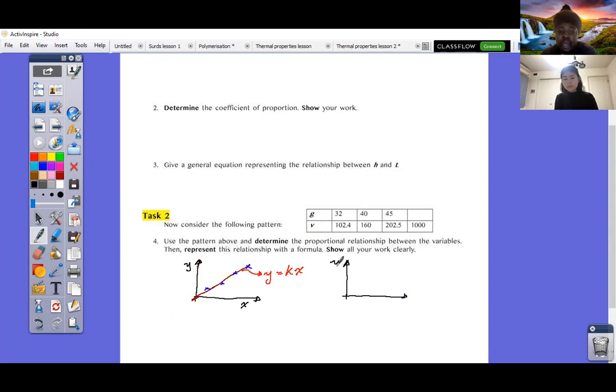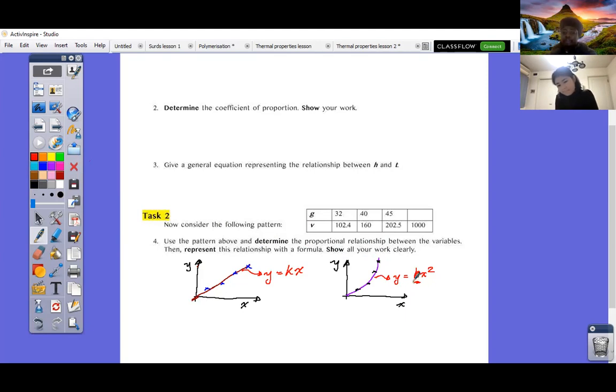So if, on the other hand, I plotted my values and my graph looked like this, and my points were scattered around this kind of curve, can you see this is not a straight line? In this case, would it be y equal to kx squared? Correct. So in this case, the relationship y would be equal to kx squared,